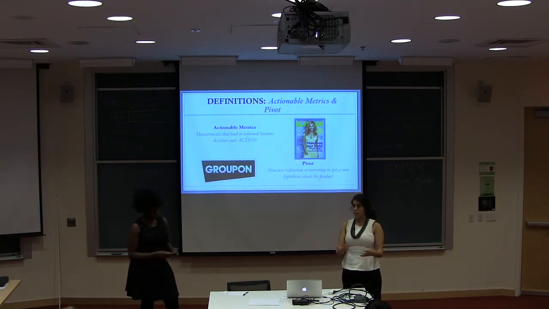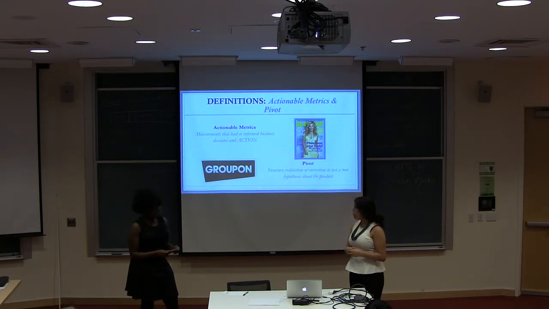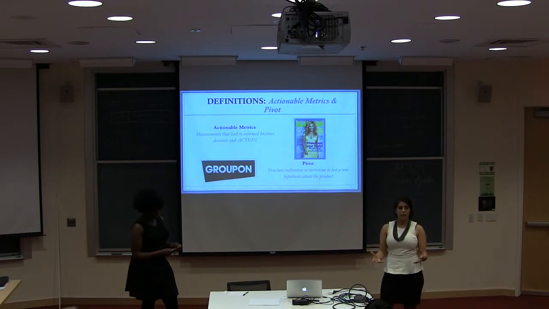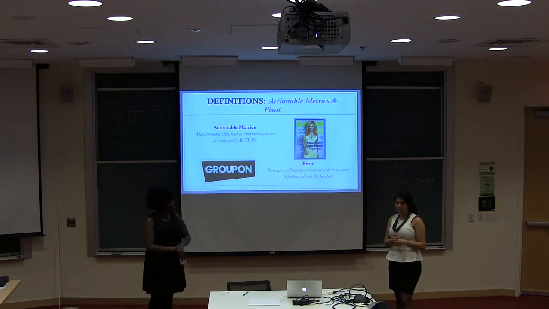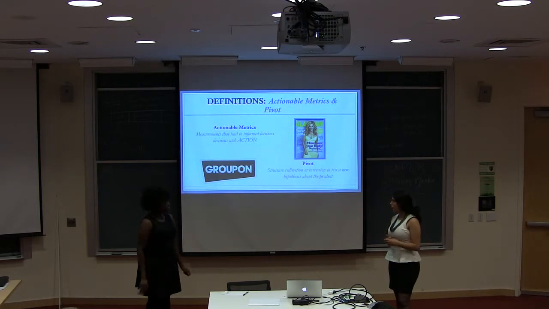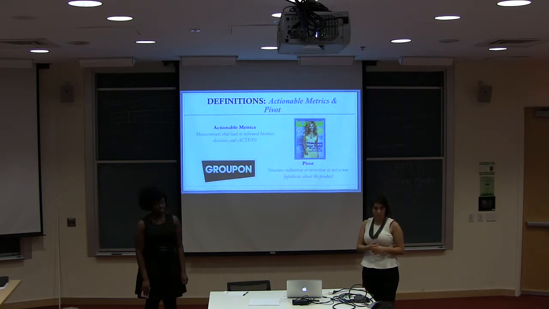from when you launch the product into the market that has to do with the key drivers of business. And then pivot. So if you launch the product and you see that maybe a small facet of your website is doing very, very well, maybe it's not what you were initially focused on, you might want to pivot your direction. So you might not know this, but Groupon actually started as an activism platform, and as a method to, I guess, gain activist support, they happened to have a pizza coupon on there, and they saw that their activism platform wasn't doing so well, but their pizza coupon really, really was, and they realized that this was a better way to redirect the company.